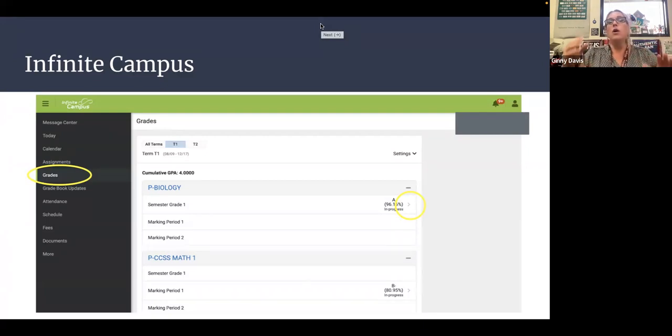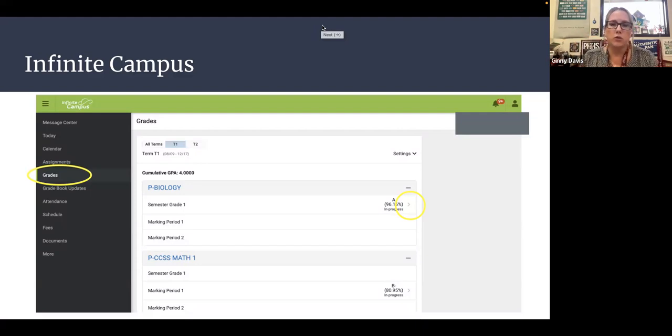So definitely, if you looked in grades, if you want to see what grade is going to be on their report card, Infinite Campus will have the official report card grade. Canvas will only have what their current grade is. Right now we are in the third week of school, so Canvas is going to show what they're currently doing in the class. When we get to the end of the grading period, teachers have to upload their grades into Infinite Campus. And this is going to show the grades that go on the marking periods.